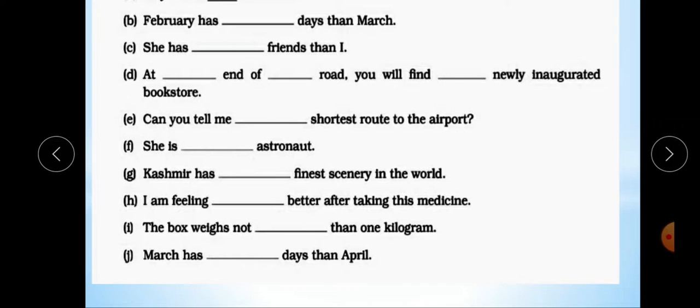Now students, I think it's clear to you. And what you have to do now is complete chapter number 3 of your practice book after watching the video. Okay, as we have discussed, complete the chapter. Now you have to fill the answers in your practice book in very neat and clean handwriting. Okay students, hope it's clear to you.